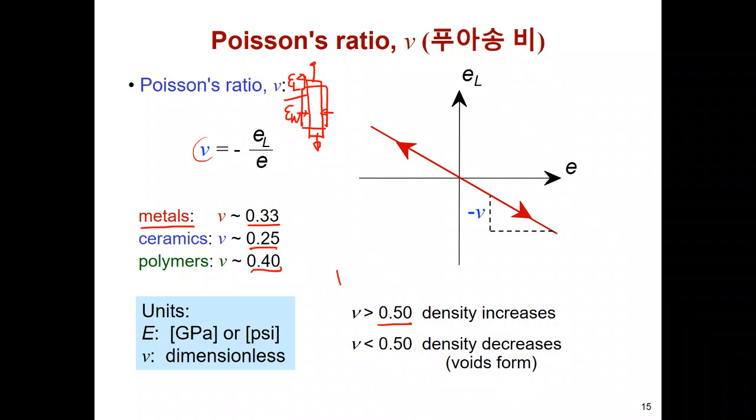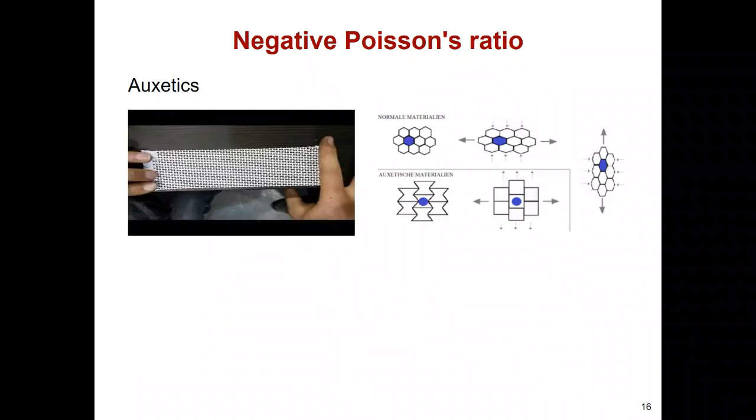So 0.5 means that they are volume conserved, but when their density is different, the density is slightly decreased because all solid materials have some voids. So when this void is slightly reduced, their density is slightly increased. But I have never seen a material with a Poisson ratio over 0.5. One interesting thing, though, is